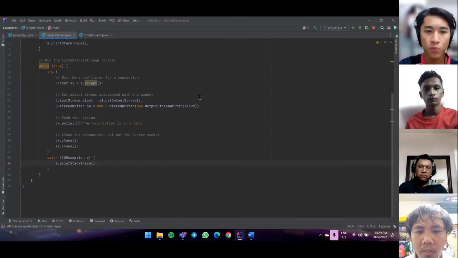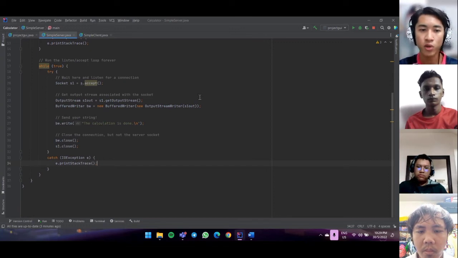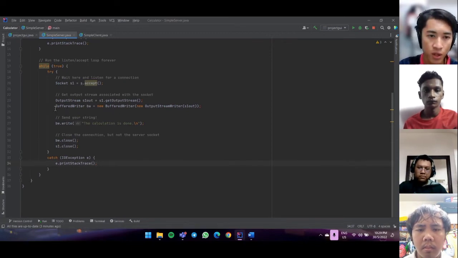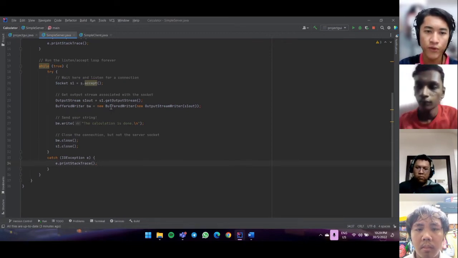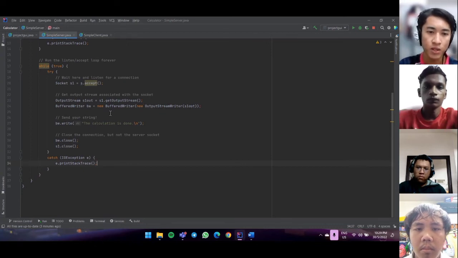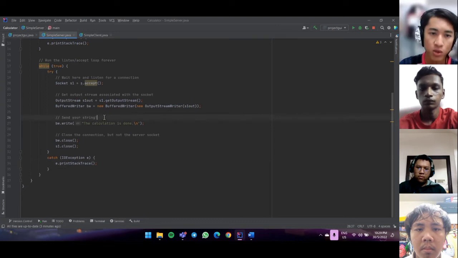After that, we get the output stream associated with the socket. So we write it as OutputStream s1out equals s1.getOutputStream, a pair of parentheses followed by semicolon. After that, BufferedWriter bw equals new BufferedWriter, in brackets new OutputStreamWriter s1out. So for line 26,